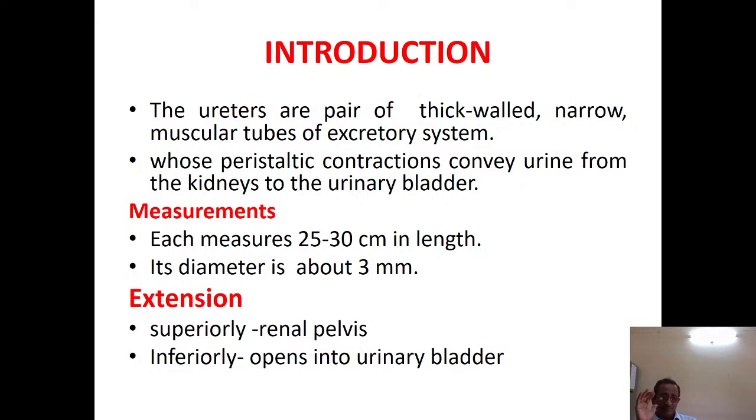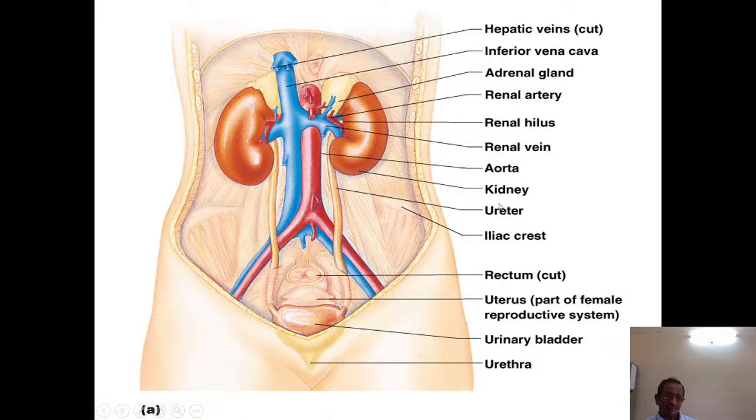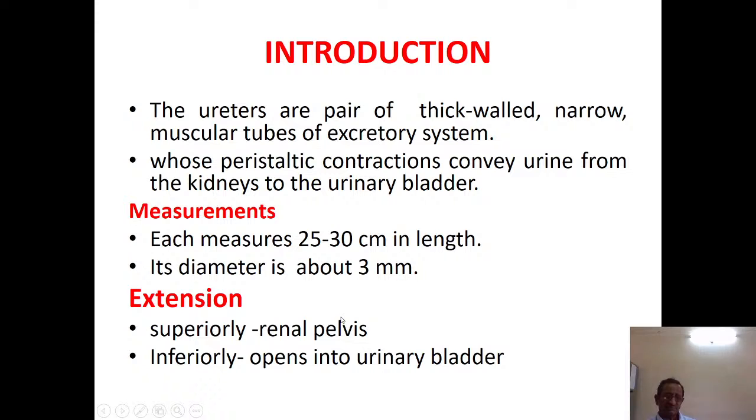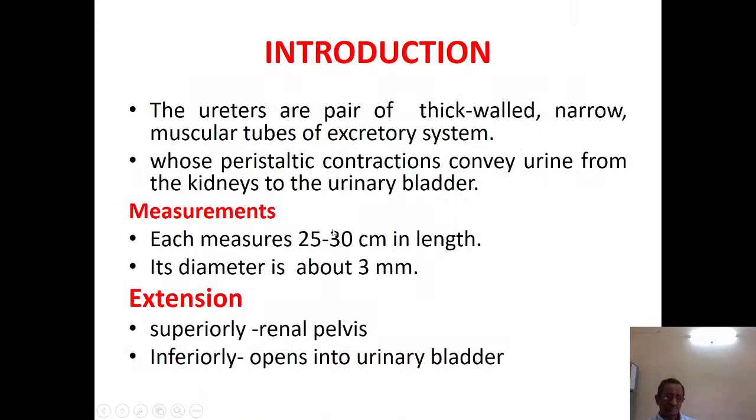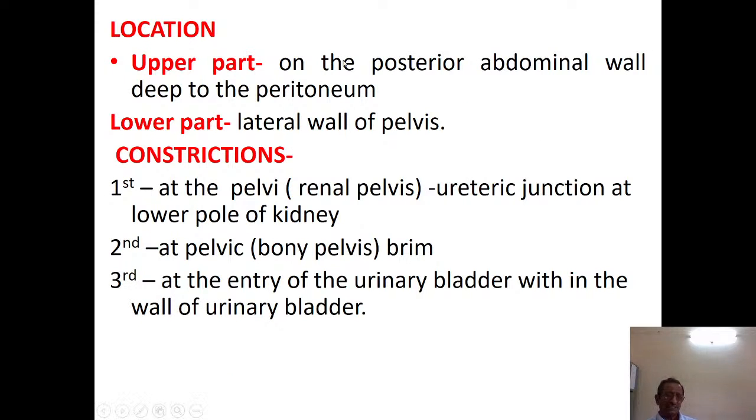Extension: they extend from the renal pelvis superiorly to the opening into the urinary bladder. This is the starting point, the renal pelvis, and the opening into the urinary bladder. You can say the length is about 25 to 30 centimeters and the lumen is about 3 millimeters. And location: the upper part is on the posterior abdominal wall deep to the peritoneum,